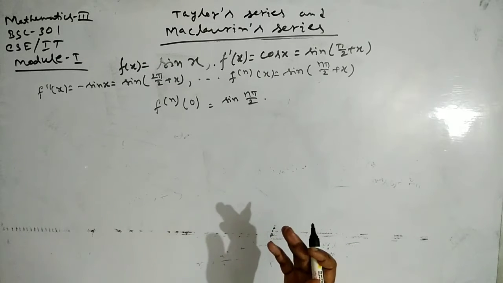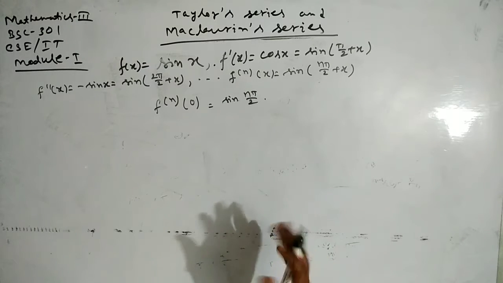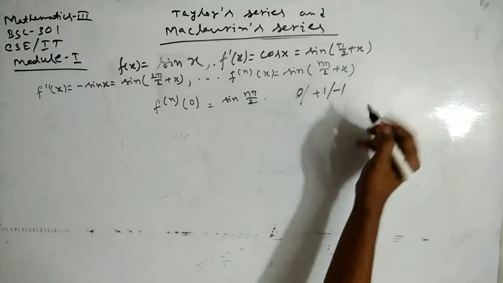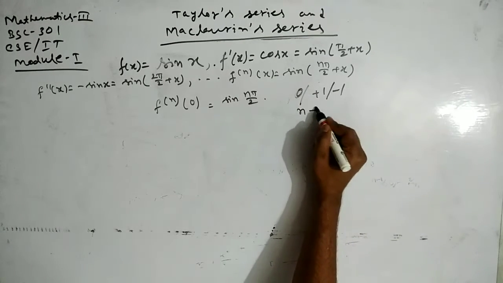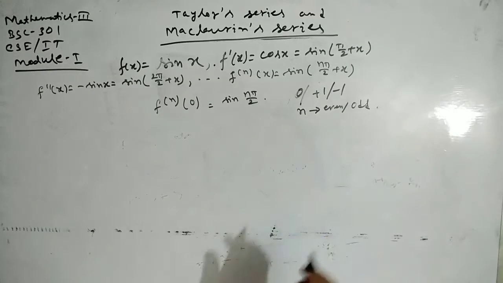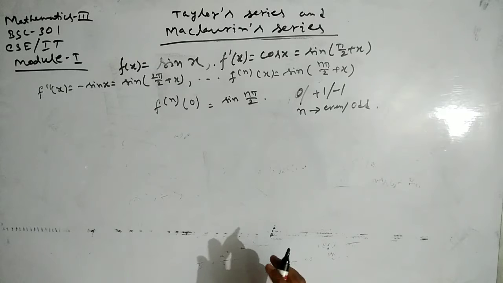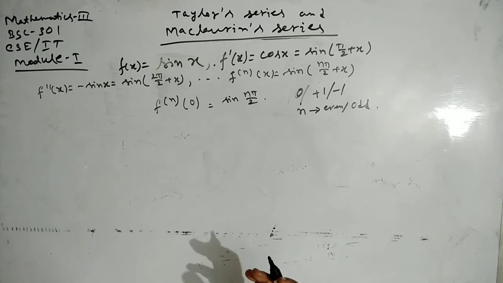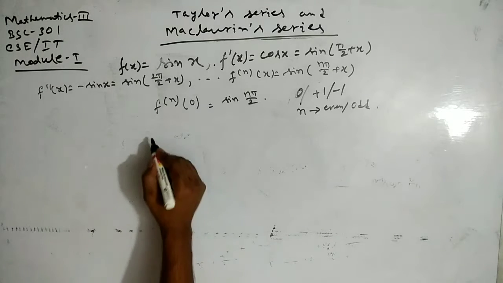So it depends on n being even or odd. It can be 0, or plus 1, or minus 1. It depends upon whether n is even or odd. Now, if we consider the Lagrange's form of remainder after n terms, then we know that